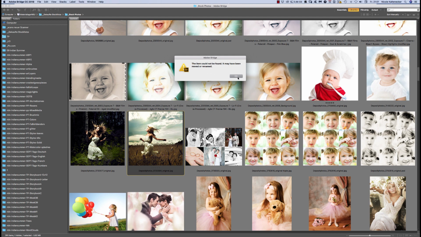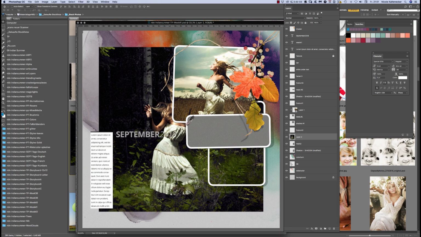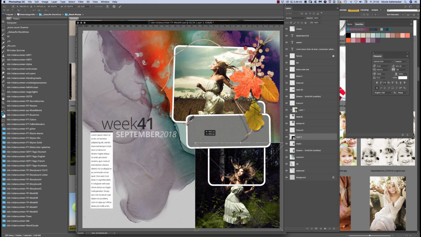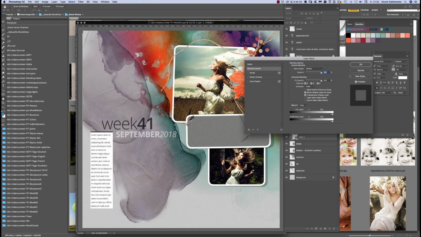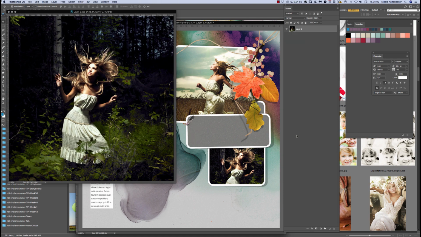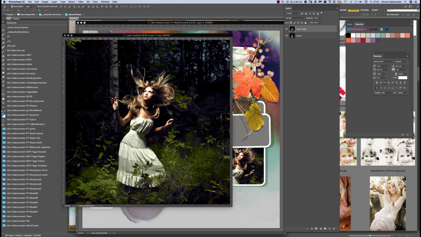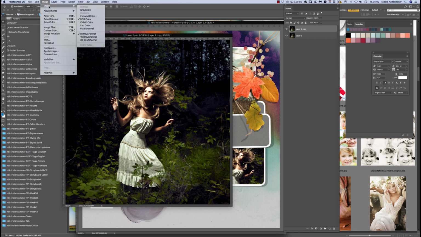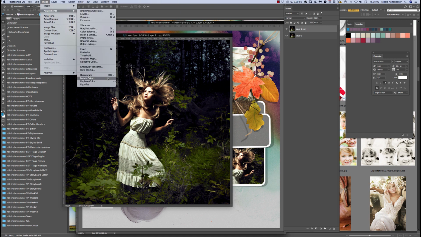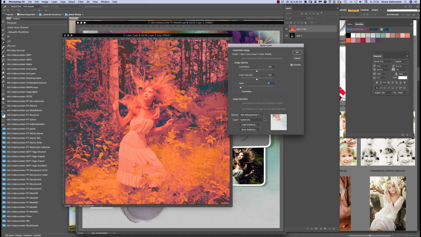Now we have the second, and we use that second image here. And now what we have in this image, it's too much green. Make it smaller, way smaller. We clip it, and it's a lot of green here. So what we can do now, this is the original, and now we duplicate the image, so that we have a second layer and we don't destroy the first layer. Adjustment, and we go to match color, and we go to source, and we choose the